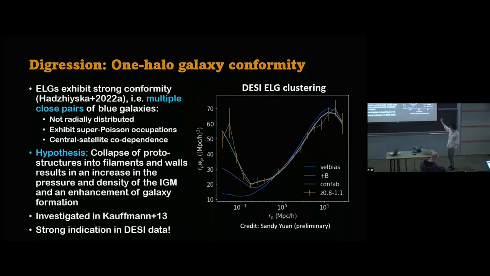And I want to say that this is not just the case in simulations. What I'm showing on the right is actually preliminary results from DESI. The measurements here, the orange line, are the true measurements, and the several lines are showing what happens if you fit with and without these conformity parameters. In fact, we can see that, for example, the blue line here, which is more or less a vanilla version of the halo model, without any conformity, is really not a very good fit to the data. But once we include conformity, we really capture this uptake on small scales in the ELG clustering.